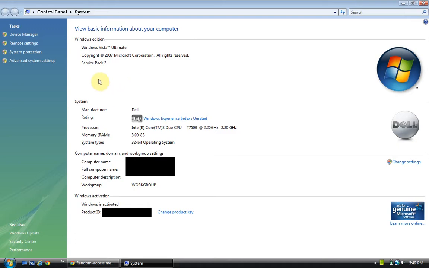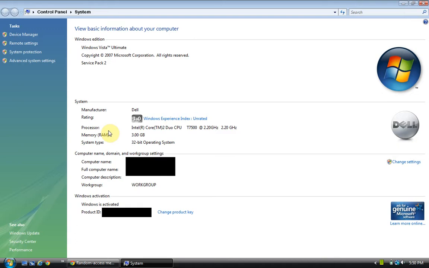As you notice on this machine, we are running Windows Vista Ultimate with a service pack update of 2. We will go over service updates with you in a different session. The manufacturer is Dell. The processor we are running is an Intel Core 2 Duo CPU, and it's running at